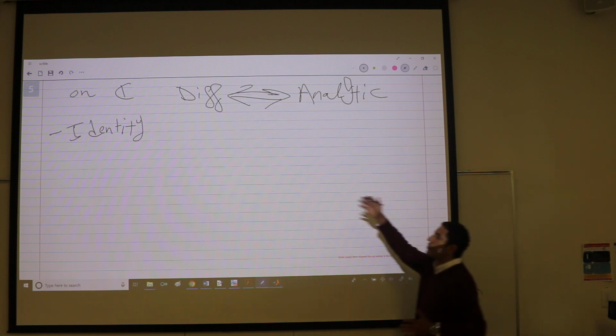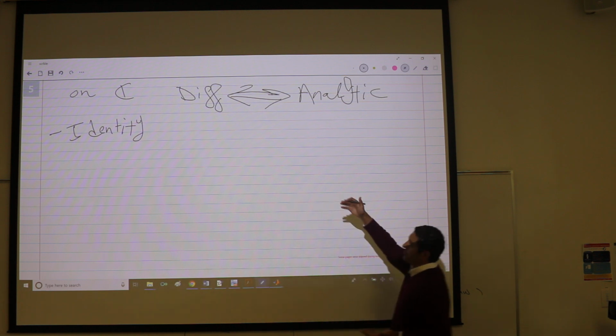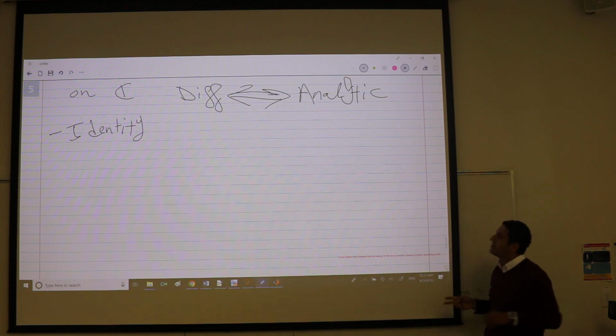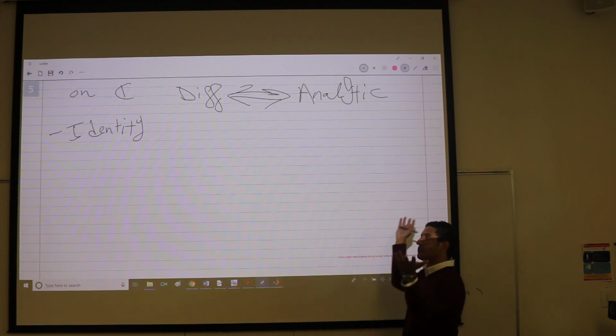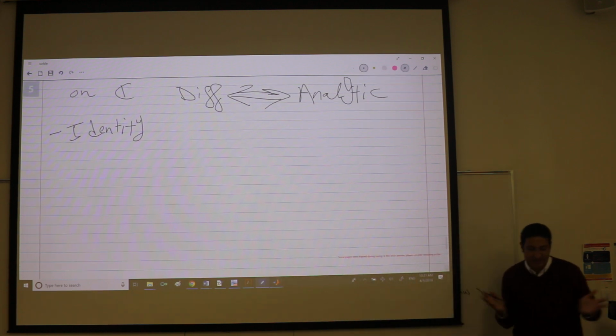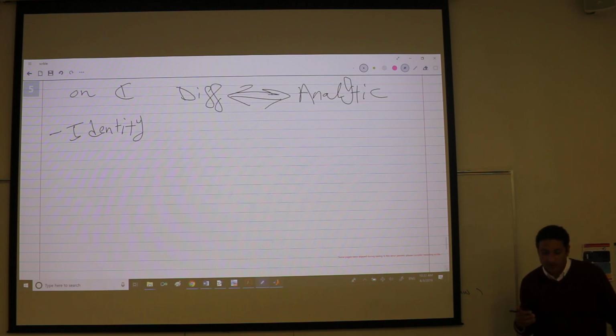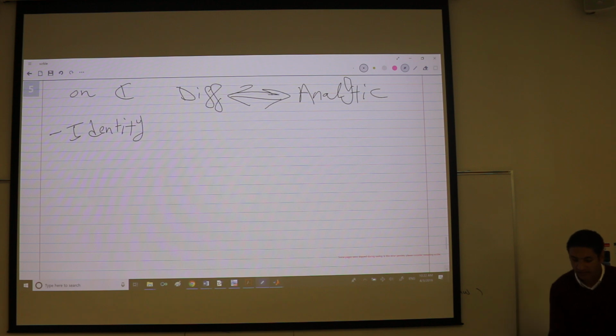A function in the complex plane, if it's differentiable, we give it the name holomorphic. If it's holomorphic, meaning differentiable, then it has super nice properties. I can say that almost all of them are non-intuitive. You cannot expect them from the beginning. Like the